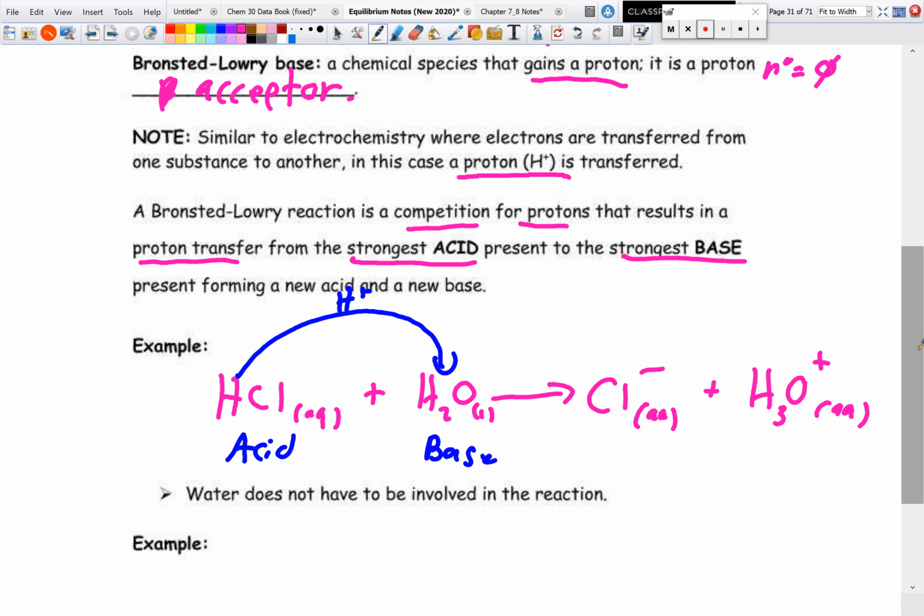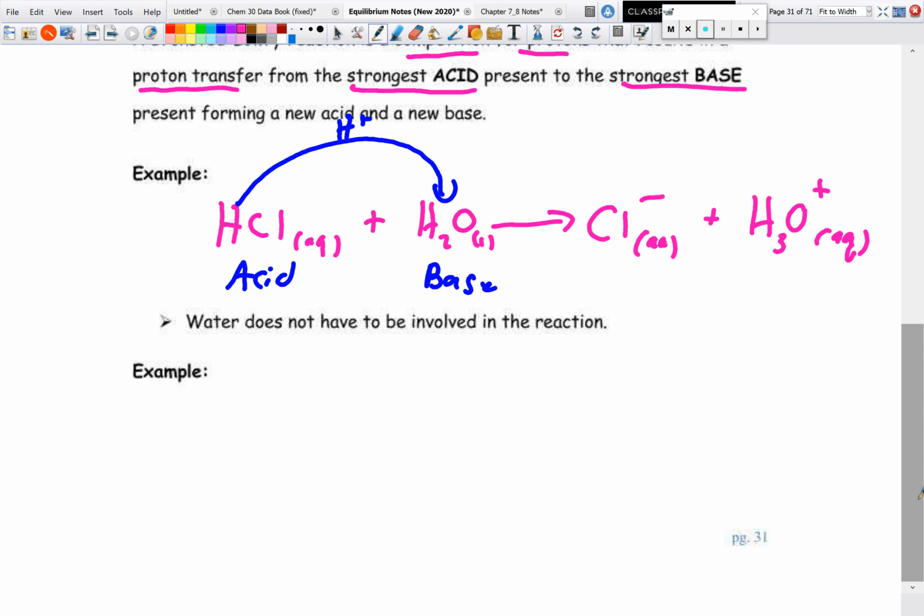Now the strength of our new Bronsted-Lowry acid and base definition is that water doesn't need to be involved in the reaction. So in our modified Arrhenius theory, we had to show water being present in the reaction with water to produce hydronium to identify something as either an acid or a base. But now this one, it doesn't have to be present. So we can get, for example, HCl reacting with